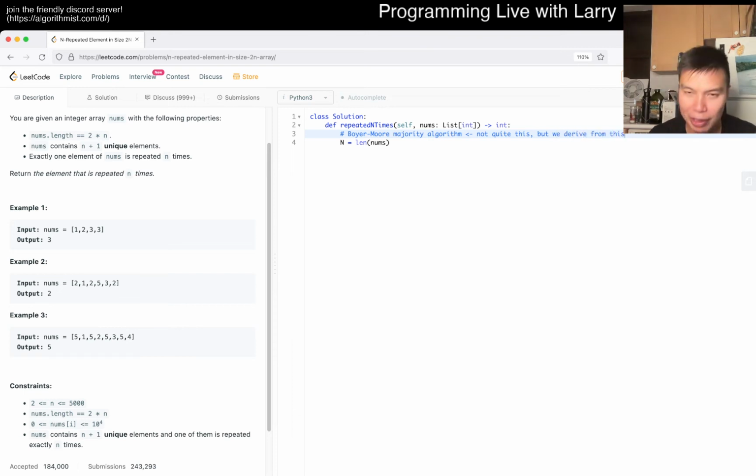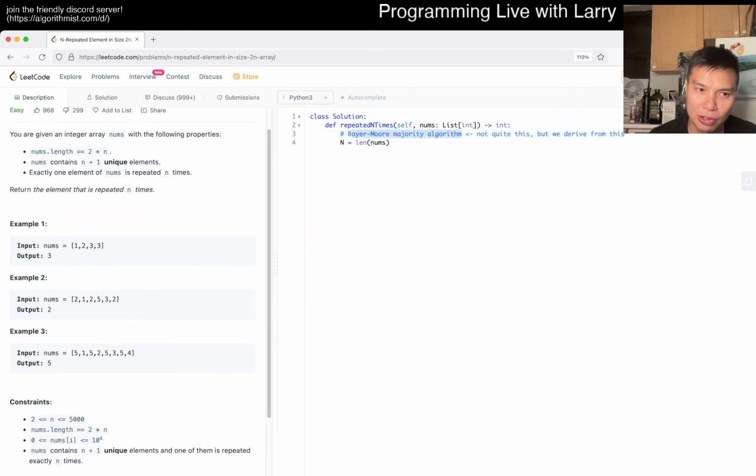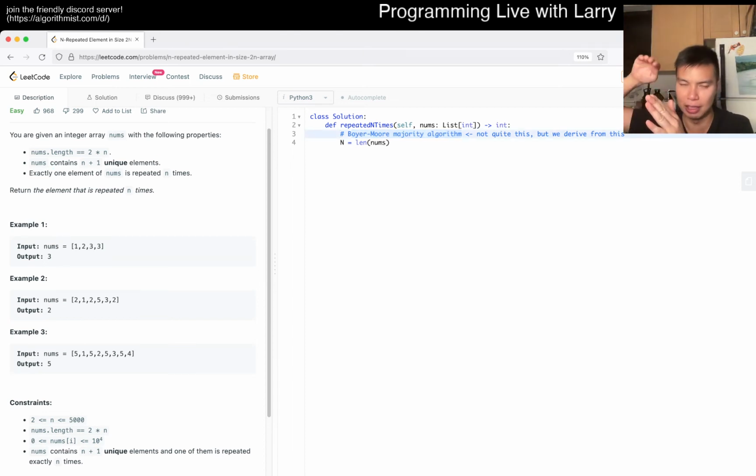Basically, the observation from Boyer-Moore is also that if a number is repeated twice, then that's good, because now you won't be able to go down enough. And this is the only case where it doesn't work. And in this case, by doing the math, it has to be i plus 2. So yeah, we just have to try it here.